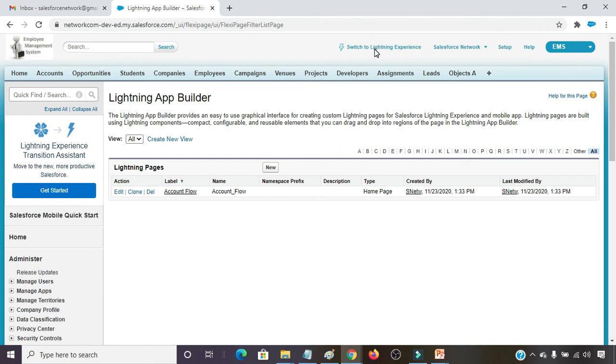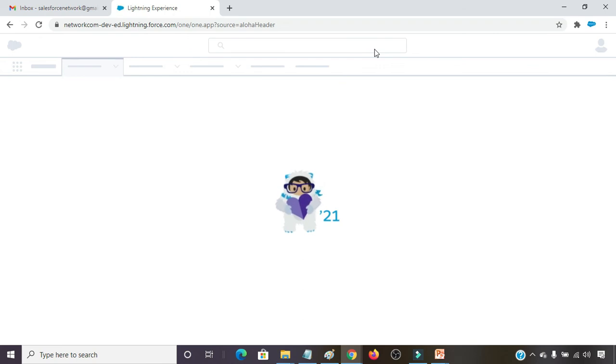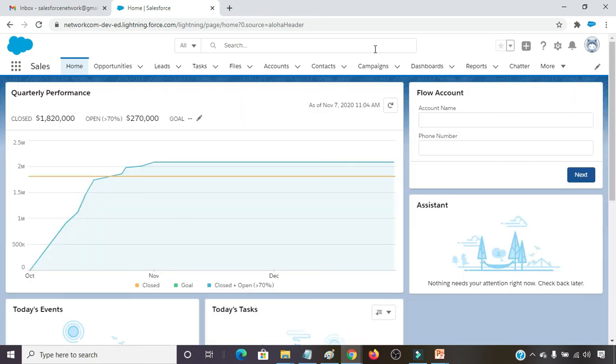Now I am switching to Lightning Experience. On the right hand side, we can see that flow account is coming over here, and here I am going to create one account by the name Amit and phone number 111.